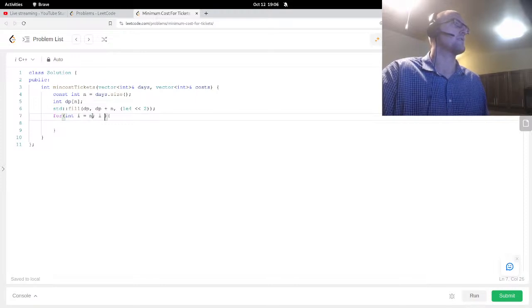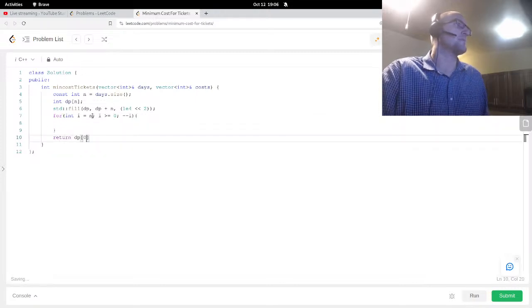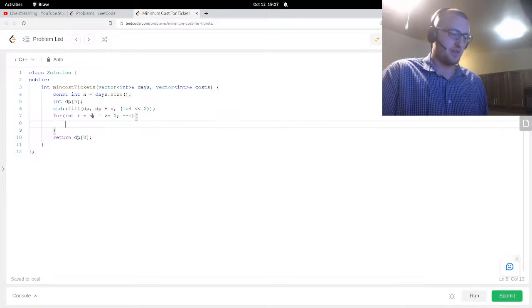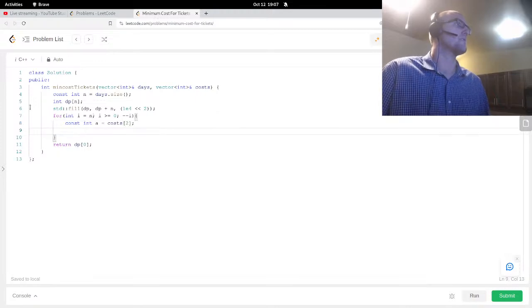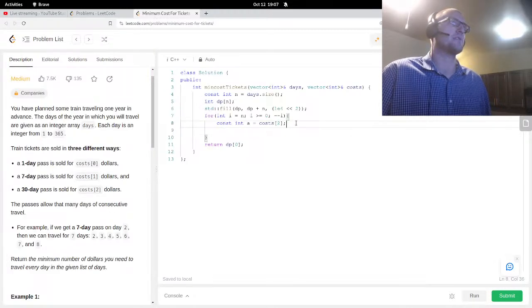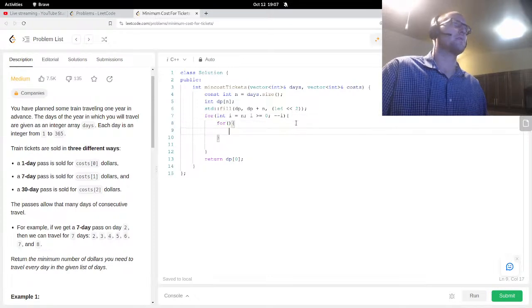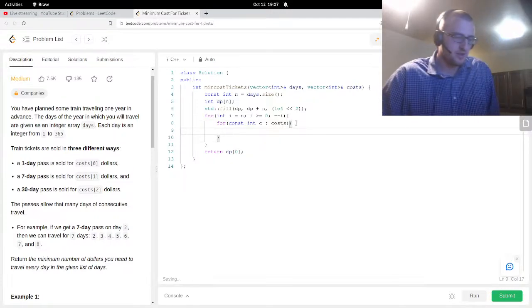I is greater than or equal to 0. Decrement I. We're gonna return DP of 0, and we're gonna say for each of the costs. We'll just say int A is costs of 2. I guess you don't even need to do that. You could just do all the costs, right? Even go further than that. C in costs. We're gonna take a loop